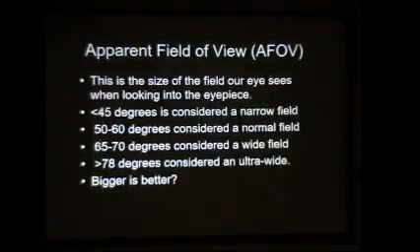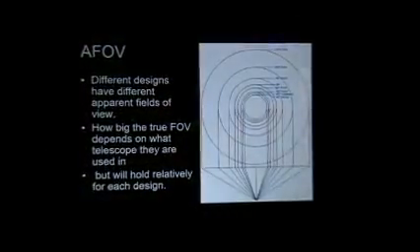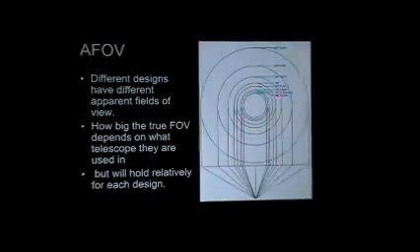Now, the interesting question is, and I think I've got this diagram up here. Here's a sort of general diagram of everything from the tiny Kellners. The reverse Kellners would be close to an orthoscopic Plossl. So this is the Plossl eyepiece field. 60-degree Erfles, which are sort of the old version of wide field eyepieces, is this one. 68-degree field is getting out to here. The 82-degree field of a Nagler is out to here. 100-degree field of the Ethos, and then the 120-degree field of the Bowlers, showing in relationship how much more